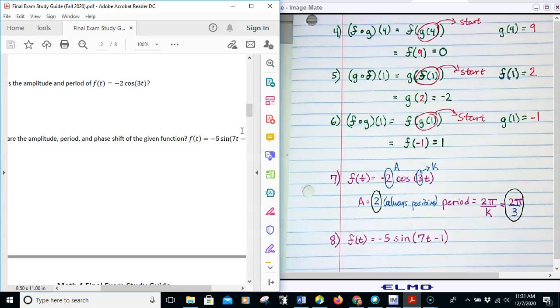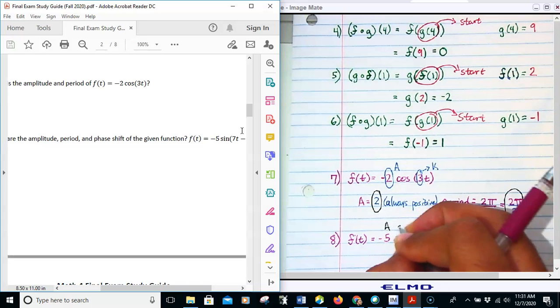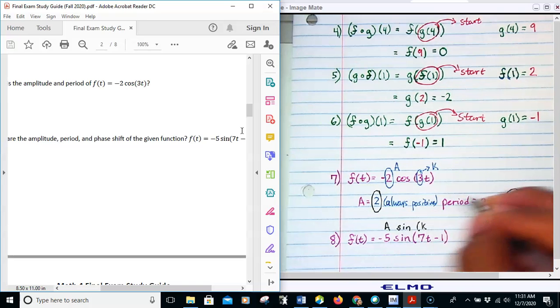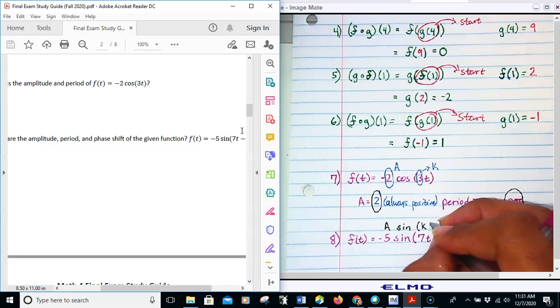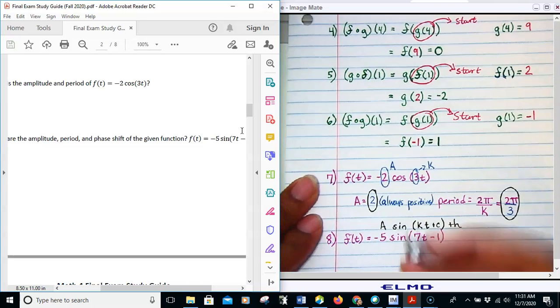And even before we actually do the work, let me rewrite this again. Remember, this is a sine function with k, you can say t, theta, or x. I'm going to put t here. All right, and so here you can see there's no h back there, so we don't have to worry about that. But this function asks for the amplitude,